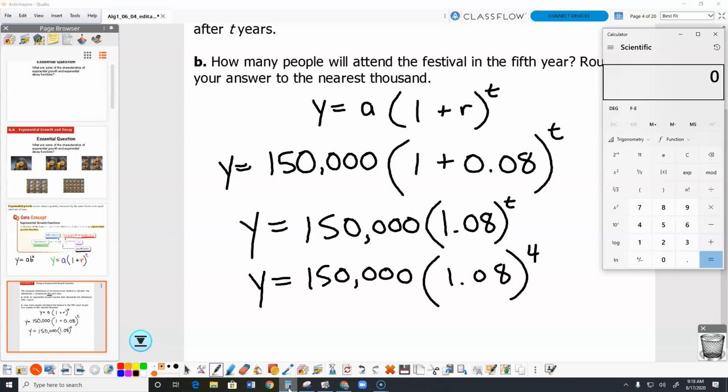So we're going to have, hang on a second, let me clear that. 1.08 to the power of 4 equals 1.36, and then we're going to multiply that. It's already in my calculator, so I'm going to multiply that times 150,000 equals, and it looks like I have